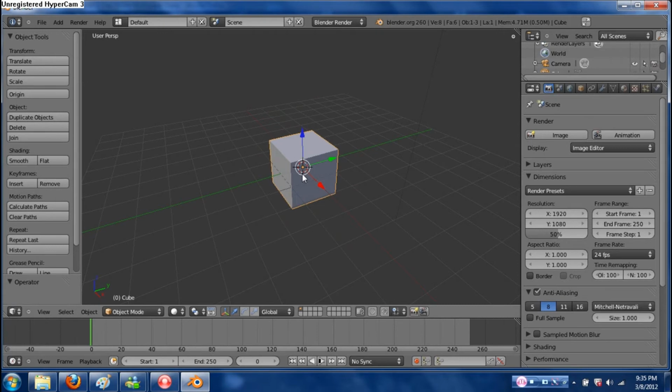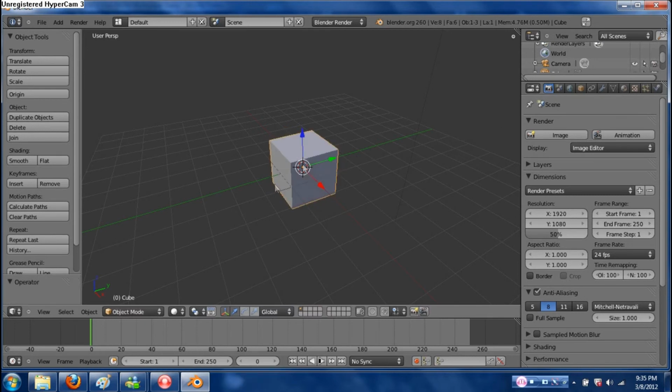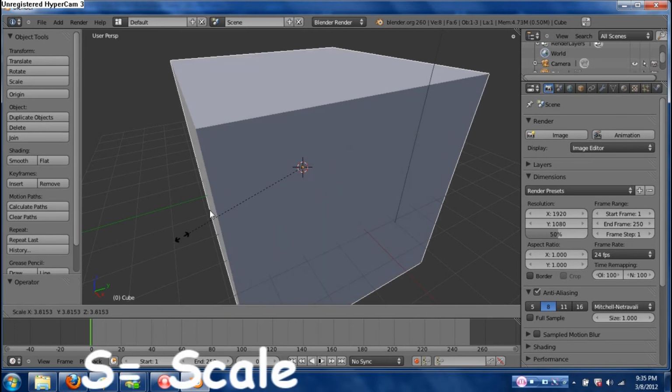Ctrl Z, put it back. Then you have the R button. You probably want your mouse away from what you have selected before you press R. And it is the rotate button. The reason why you want your mouse out is because if I were to have it right near the middle, then rotating it would be all weird, because the closer it is to the middle, the faster it rotates. But if I were to drag it way out here, I can be way more precise. Then you have S for scale,